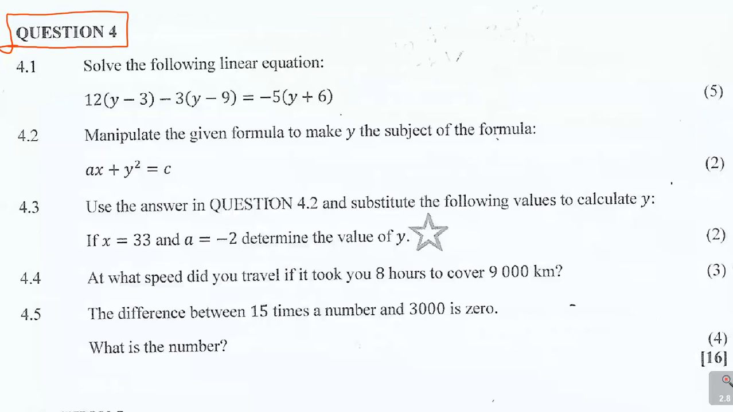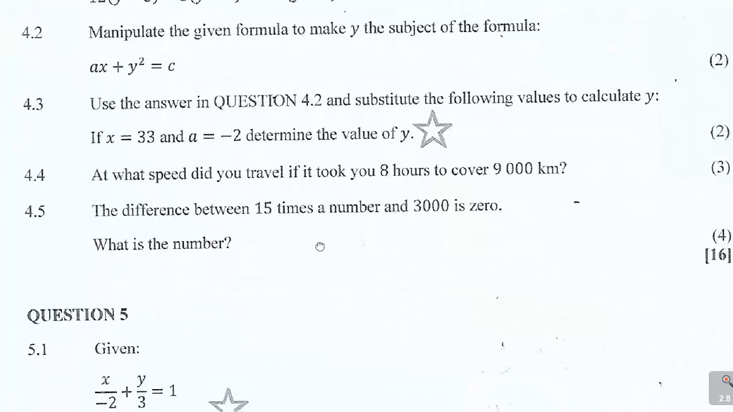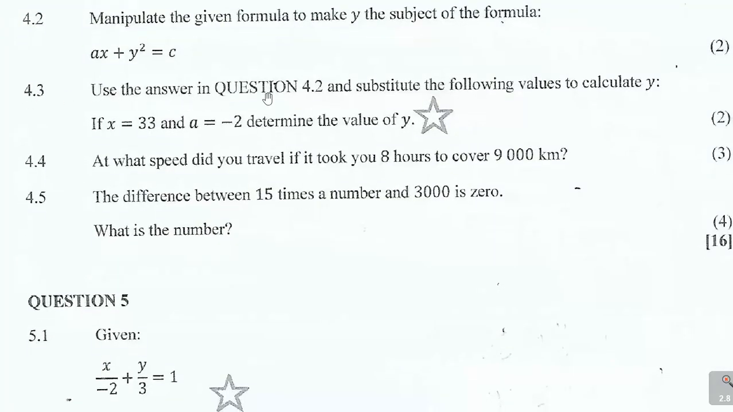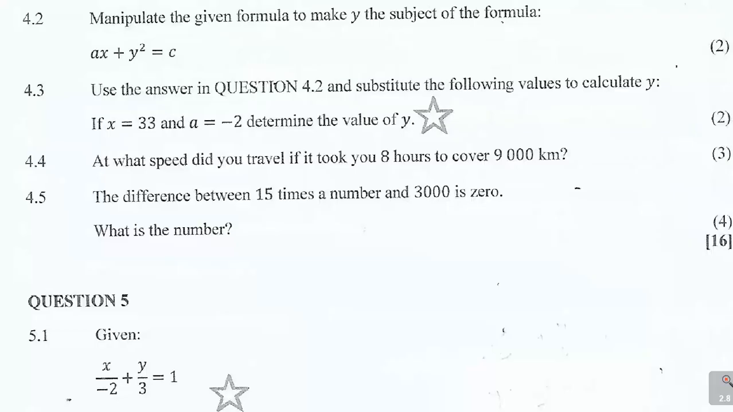Let us look at another question, 4.2. Then 4.3 says use the answer in question 4.2 to substitute the following values to calculate y. So x is equal to 33 and a is equal to minus 2. So they are saying here x is equal to 33, a is equal to minus 2. Am I right? X is equal to 33, a is equal to minus 2, and determine the value of y